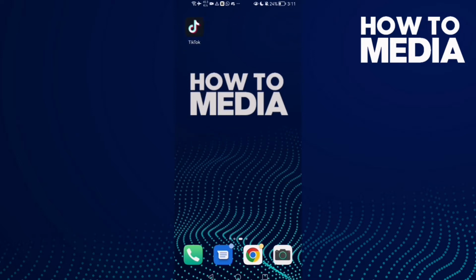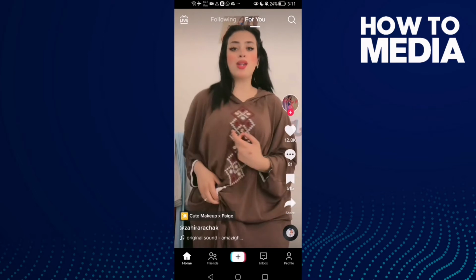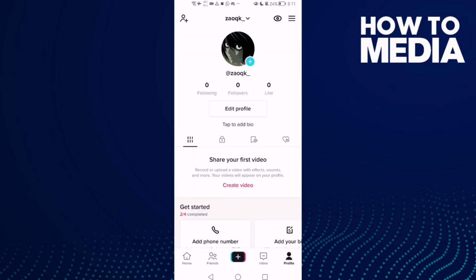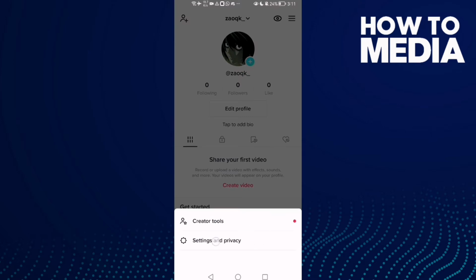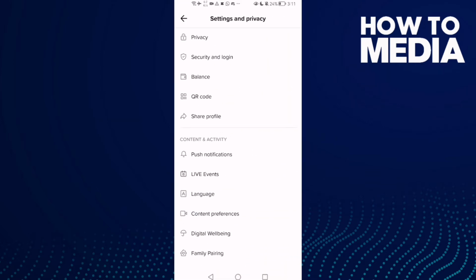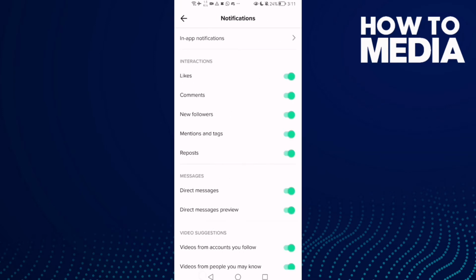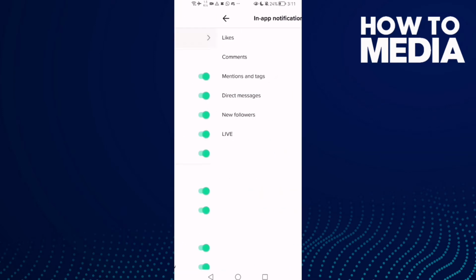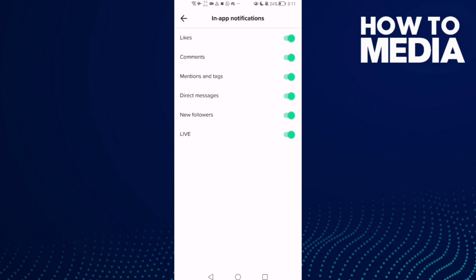First, open TikTok, and here you will find profile. Click on it, and after that, click the three lines in the top corner, and then click settings and privacy, and scroll down until you find push notifications. Click on it and click in-app notifications, and here you will find this one here, new followers. Just turn it off, click on it, and that's it. Now just go back,